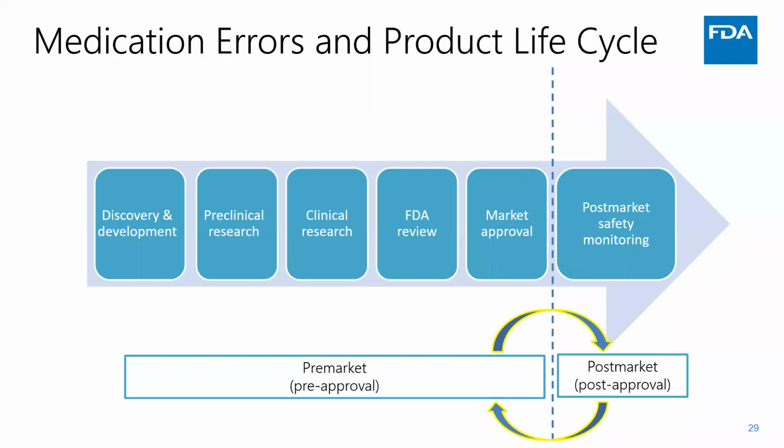So historically, some design issues with drug products were not identified and remedied until after the product was already approved and marketed. And in some cases, these issues were only resolved after medication errors had reached and harmed the patient. And this was a very reactive approach to addressing medication errors. However, today, design issues are often identified proactively and are addressed prior to marketing to prevent some medication errors from ever occurring.